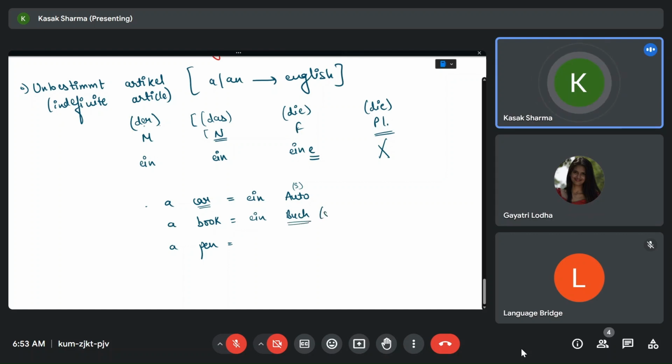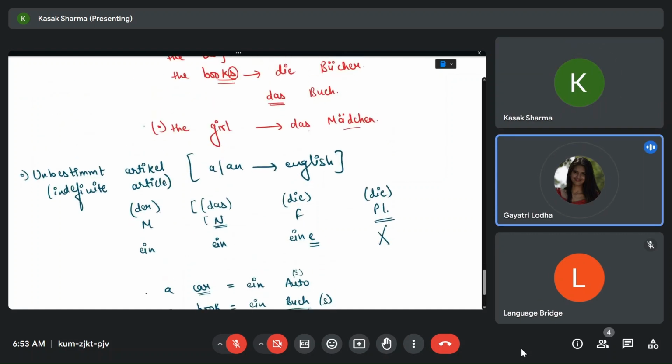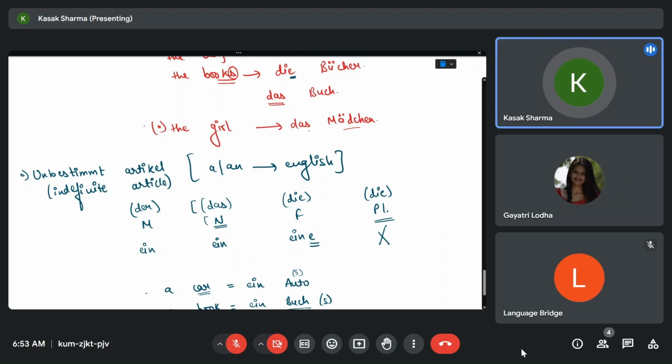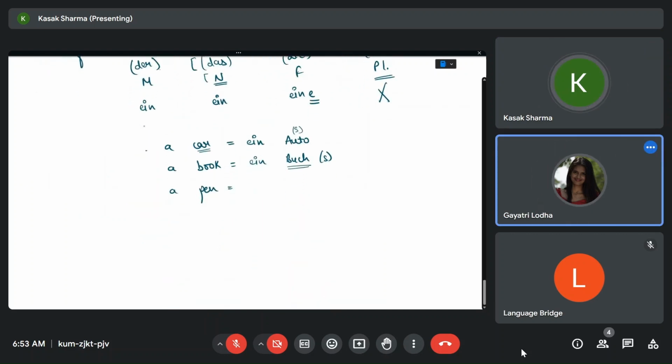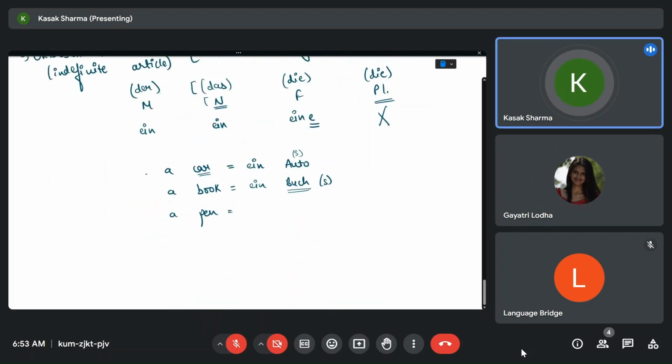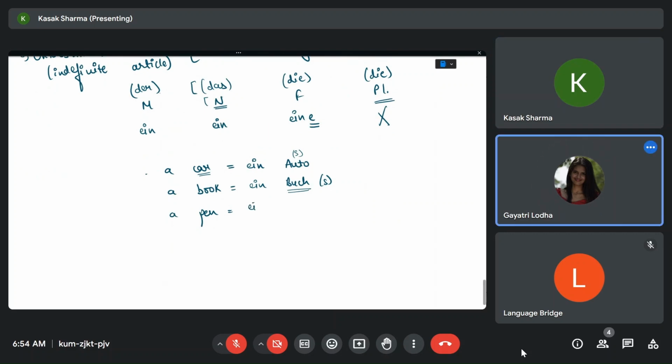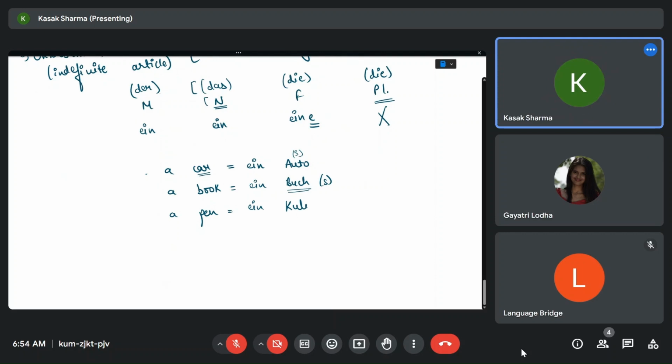It is das Buch. Ein Buch. Die Bücher is for your plural, and this is your singular case. So ein Buch. And a pen: ein Kuli.